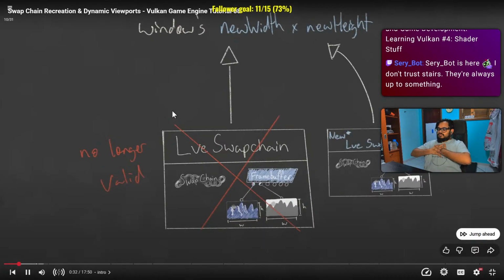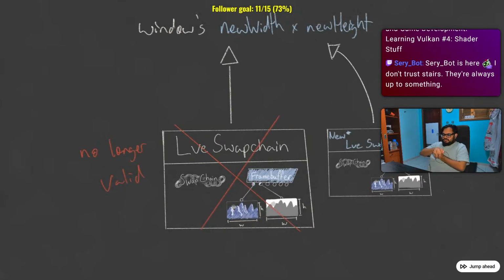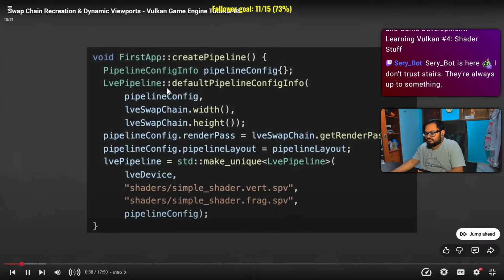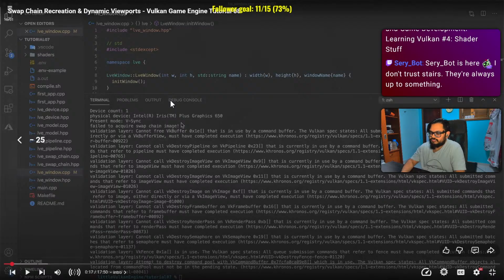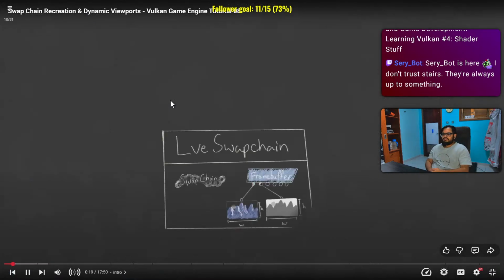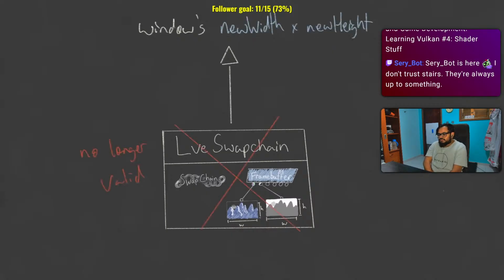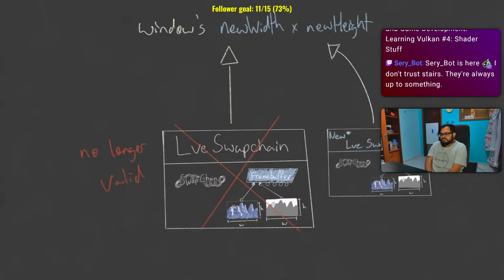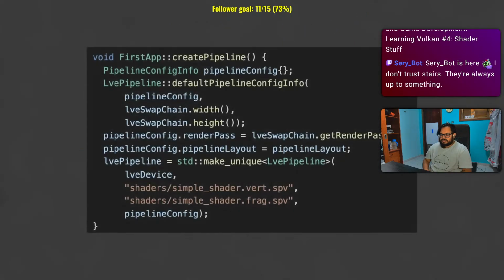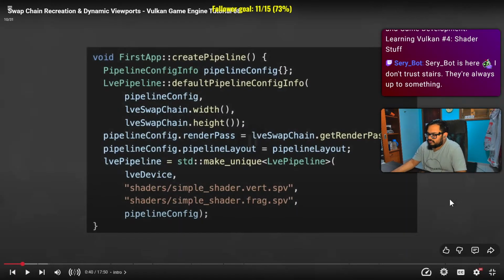New swap chain using the updated dimensions. Additionally, if we construct a new swap chain, we might also have to build a new pipeline, as the graphics pipeline currently relies on both the Vulkan swap chain, frame buffers, and color and depth attachments. All of these objects have a fixed size once created, equal to the size of the window. Therefore, whenever we observe that the window's size has changed, we will need to recreate a new swap chain using the updated dimensions. Additionally, if we construct a new swap chain, we might also have to build a new pipeline as the graphics pipeline